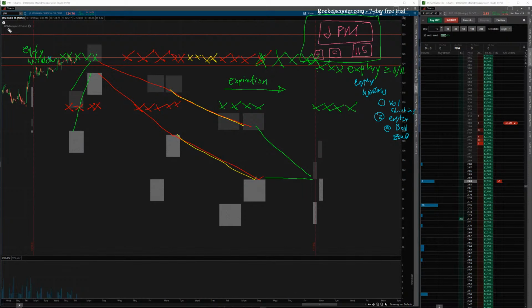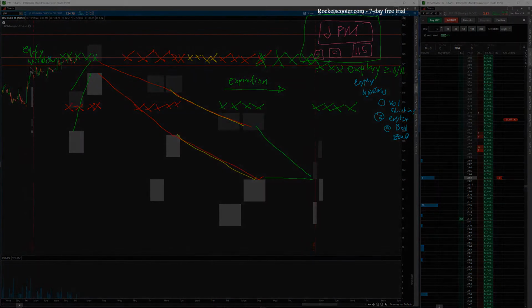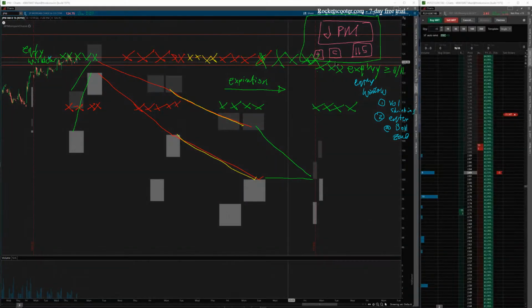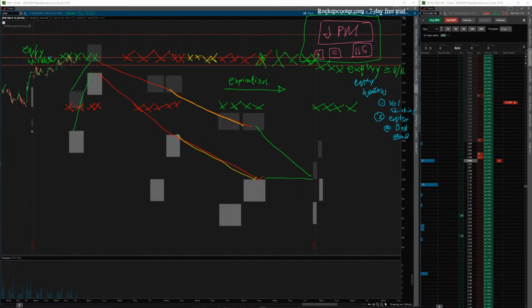So Google's starting to move. My entry window, if I went to buy 115 in the money calls, I need an expiration that's here or here to have the least amount of theta burn and least amount of IV crunch. Perfect. I like the way this is working. We'll play with it, but the idea is to help me plan when I want to get in, where I want to get in, and when I want to expire. These are things that options planners don't have. And this is basically using the same concepts of Black-Scholes, but it's a more discrete and easily understood options planner.